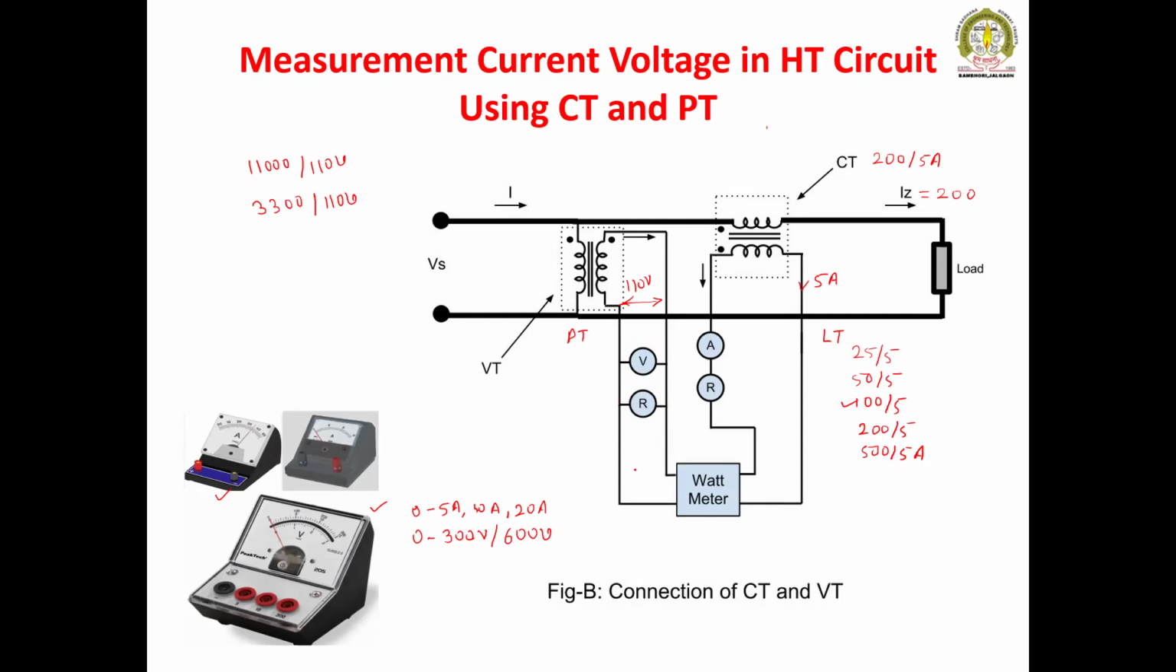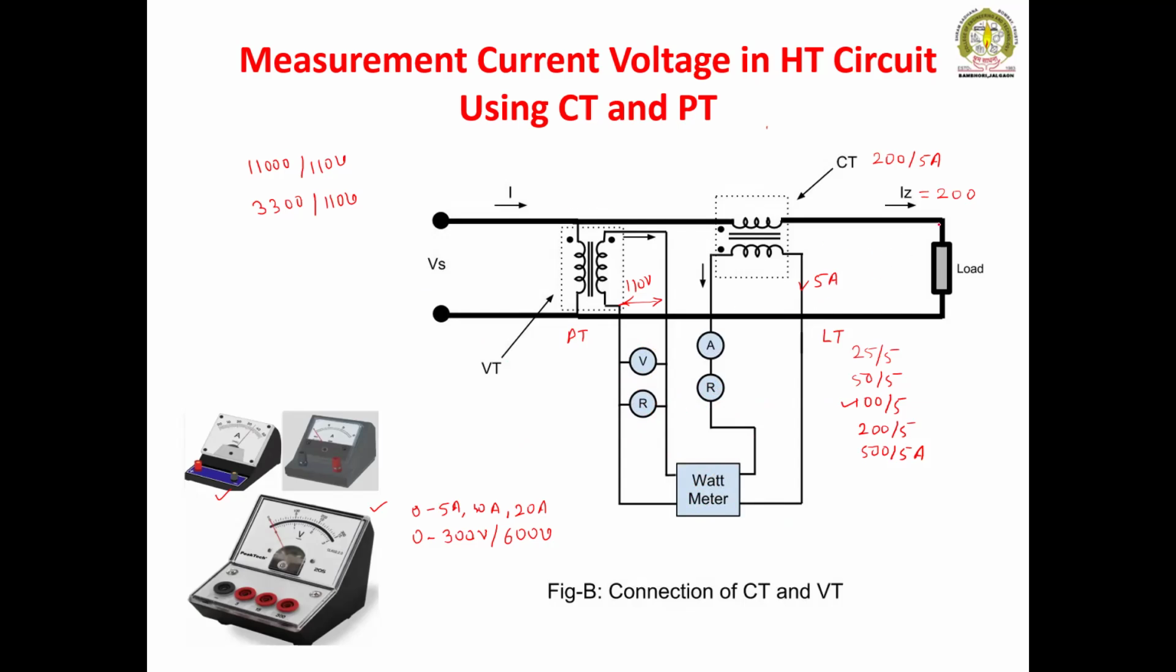Now similarly, we can use a wattmeter to measure the power, and the measured power multiplied by the CT-PT ratio will be the actual power in the load circuit. We can connect some relays for protection purposes. So this is one kind of